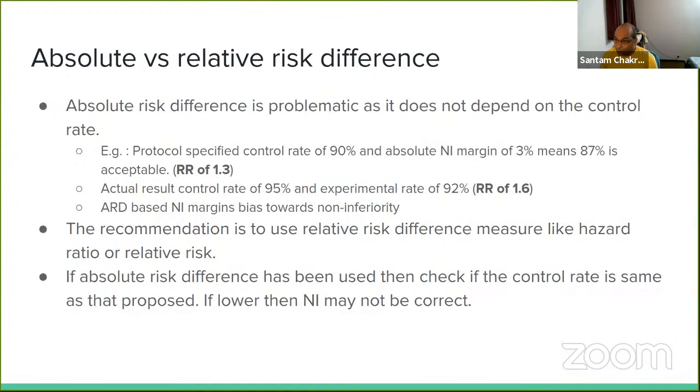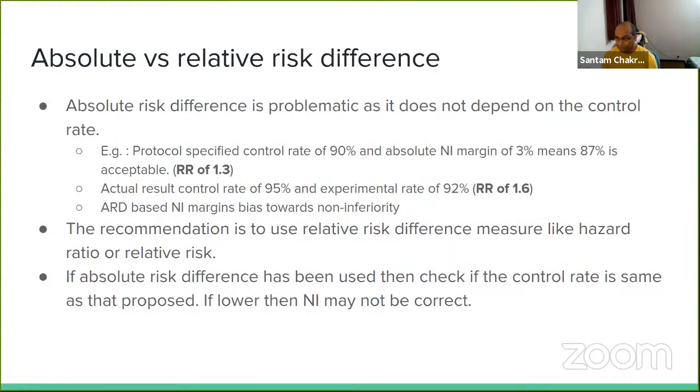So, the protocol specified a control rate of 90% with an absolute non-inferiority margin of 3%, that is 87%, may be acceptable, that is a relative risk of 1.3. Actual result control rate of 95%, instead of 90%, suppose your control rate was 95%, and your experimental rate was 92%, means your non-inferiority margin is 1.6. So you can understand that when you use absolute risk differences to define your non-inferiority margins, you bias your trials